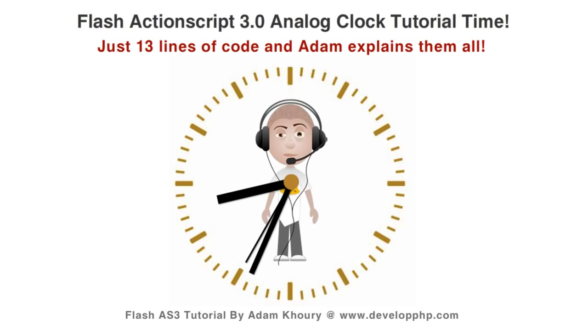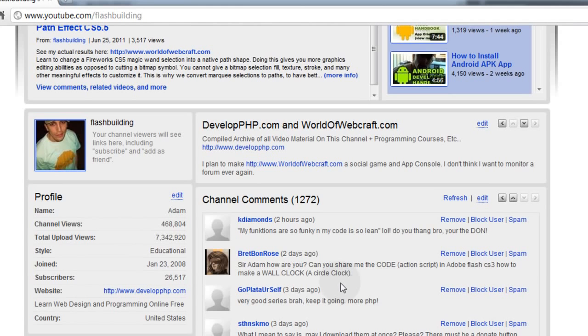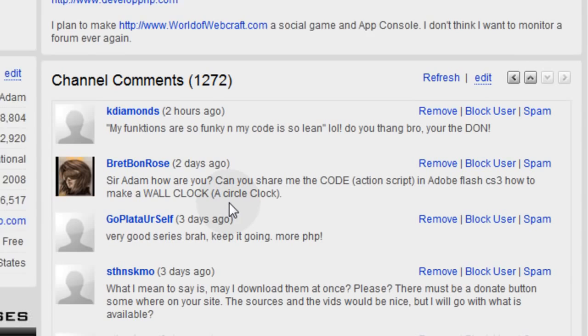In this lesson we're going to show you how to build your own custom analog clock in ActionScript 3.0 using just 13 lines of code. Unbelievable! And this lesson comes courtesy of a request from Brett Bond Rose, who 2 days ago asks,